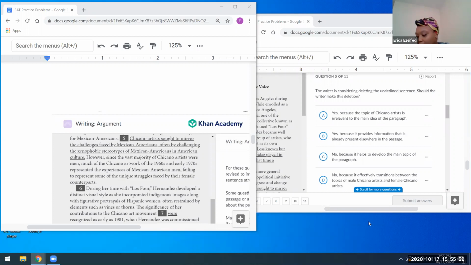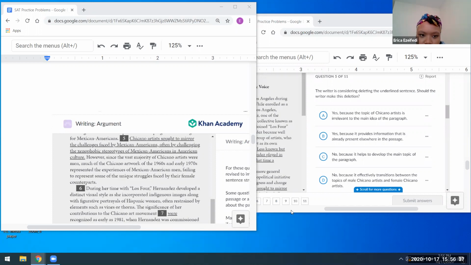We got another answer for C. So it sounds like we're given two options. We can delete that underlined sentence, or we can leave it in. So A and B refer to deleting it, C and D refer to leaving it in. So we got a couple people saying that they like C. Now, I would be inclined to agree. It is C. Why is it C? Because